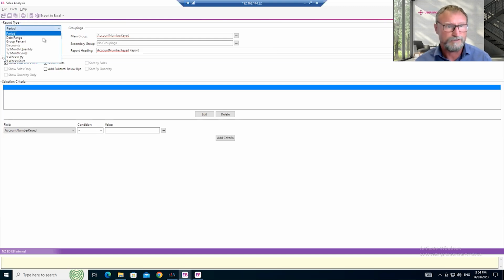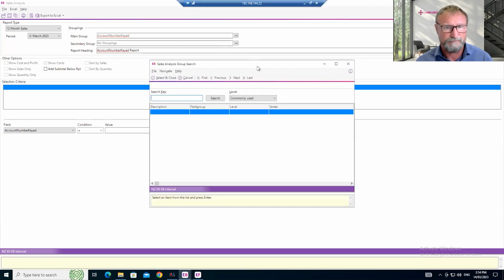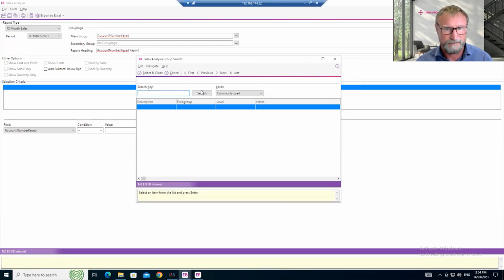So if we look at report types, we can see that we've got 12 months, period-based, etc., 5 weeks, and there is a date range as well, where you actually just get to pick the date range. So let's run with 12-month sales. And then you've got options around groupings. So if I bring up this, and I'll just quickly list out